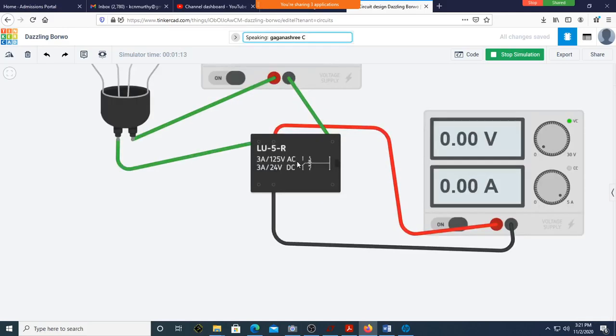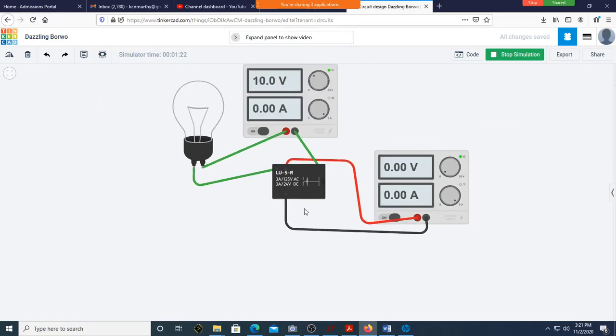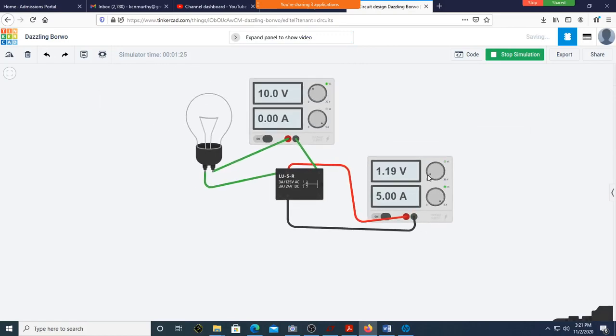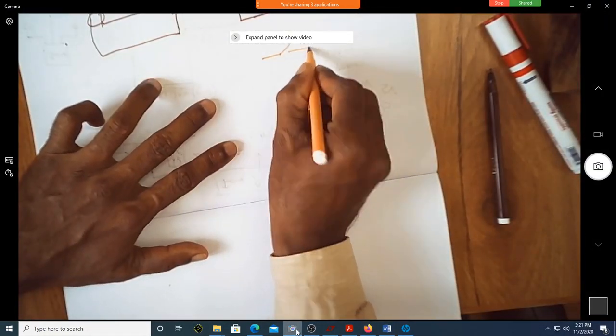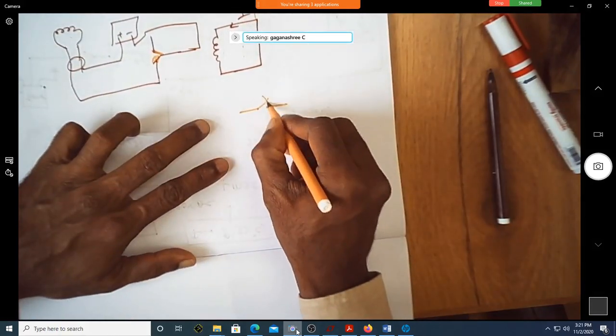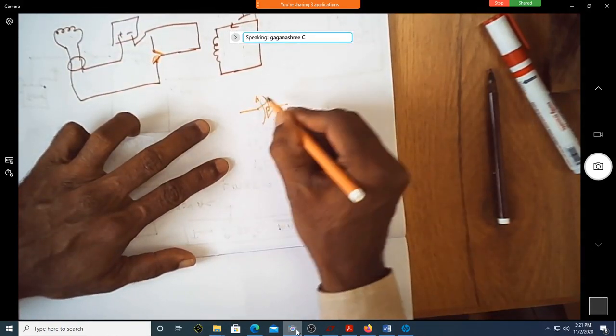You have to simultaneously have a look at this. When this goes above, it turns on. When it goes below, it turns off because it is purely acting like a switch. If I give sufficient voltage, then sufficient current flows, it energizes, it pulls the lever up and then it is running. Typically, you will have a switch here, which is either closed or open depending on the current.